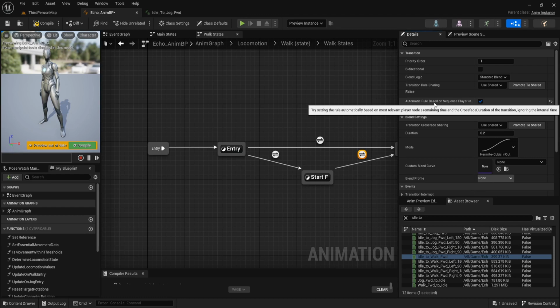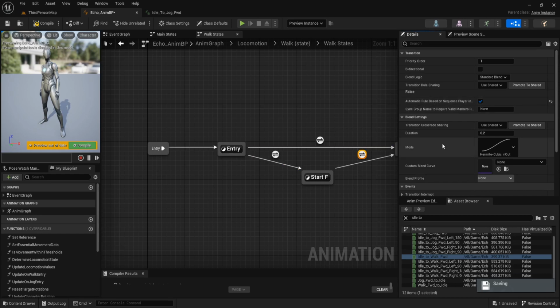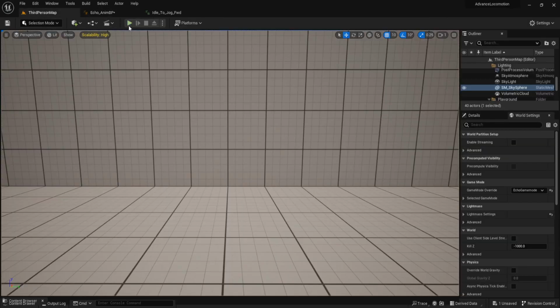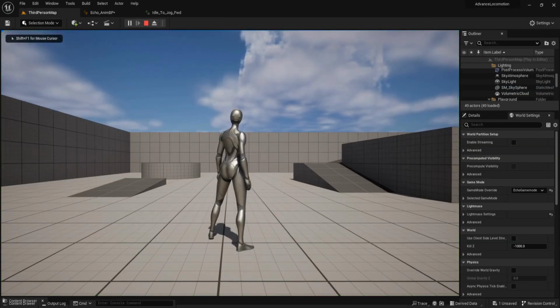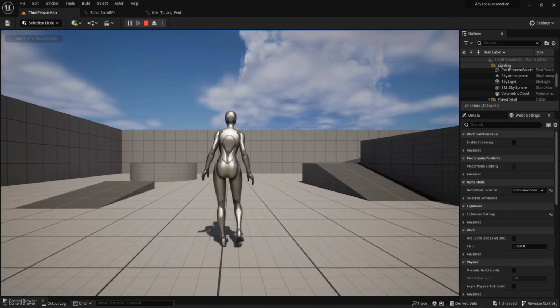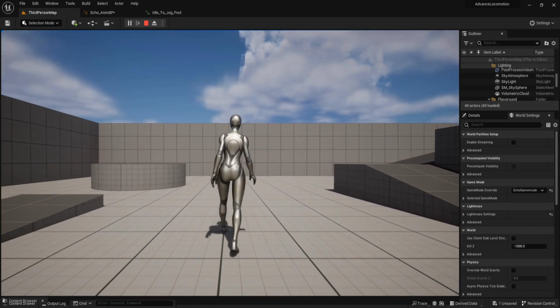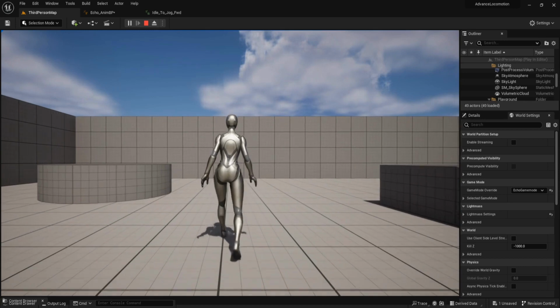When we set this, the engine will automatically transition on most relevant player nodes, remain time, and the crossfade duration of the transition. And the duration of transition is 0.5.